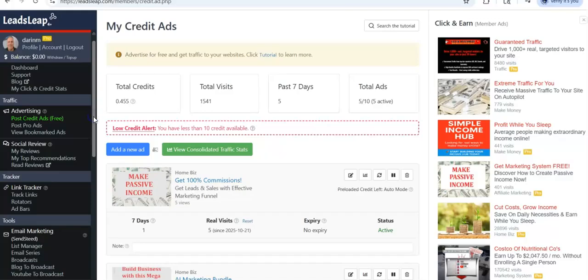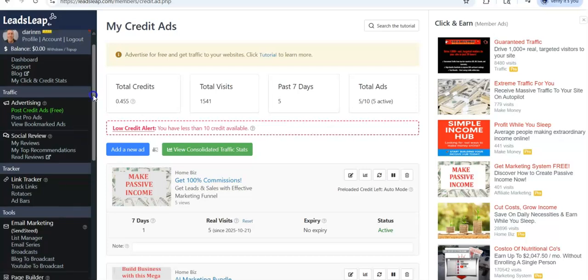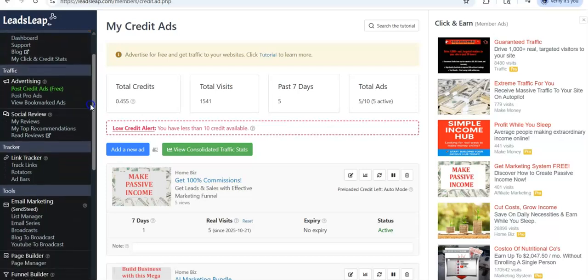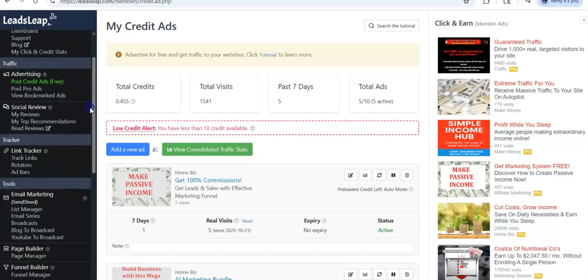So these are the ads, and this is how it works inside of here. These are how the ads are shown, as you can see here. So you get pro ads and you get free ads, okay? And you can also click for credits. Next, we have